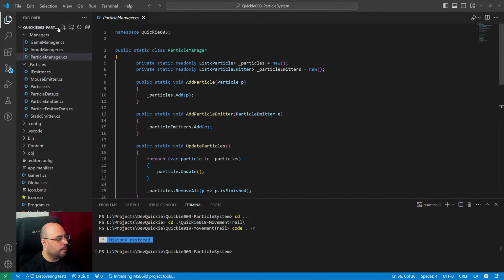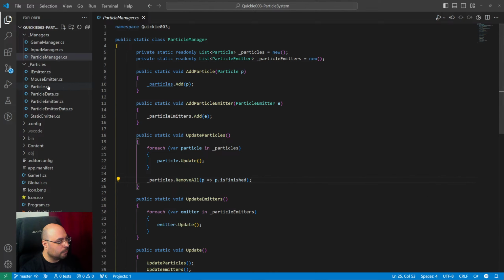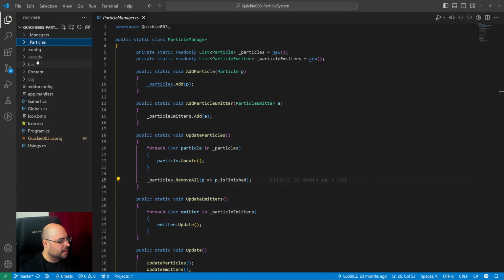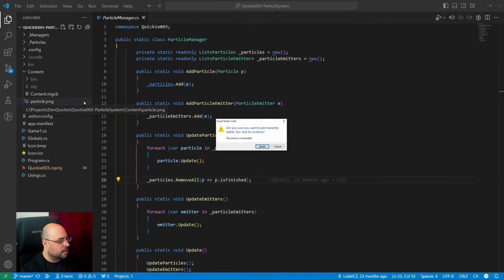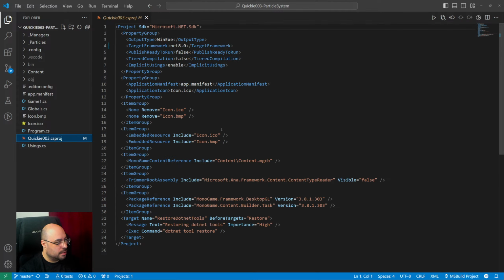Okay, quickie number 3, particle manager. That was a fun one. Okay, finally got to use the folders. Perfect. So let's again just delete this. And you know what the interesting thing is? That from the past